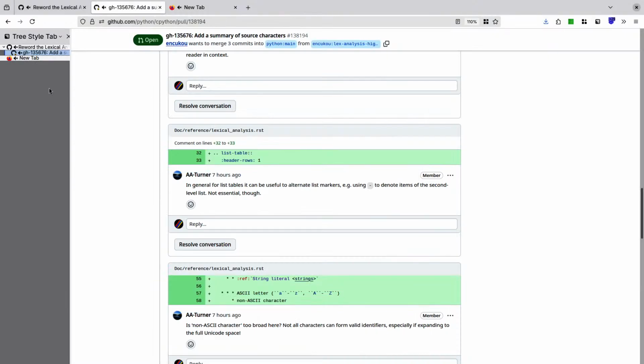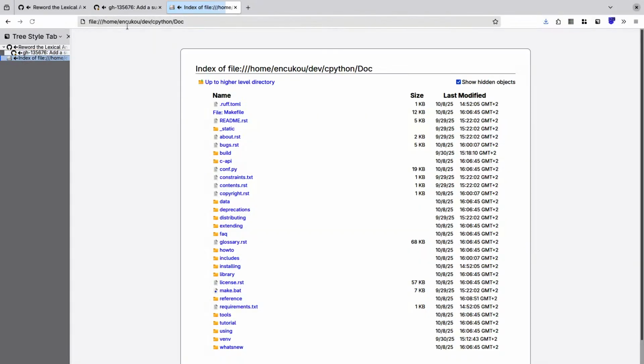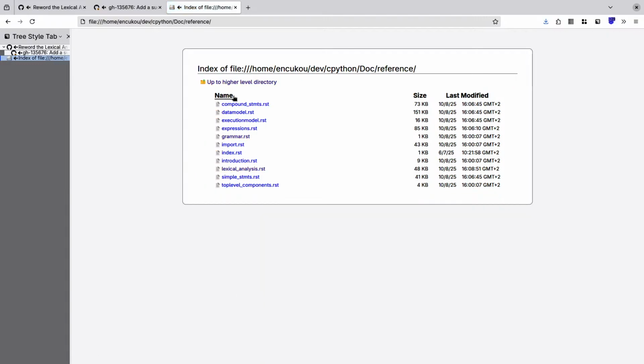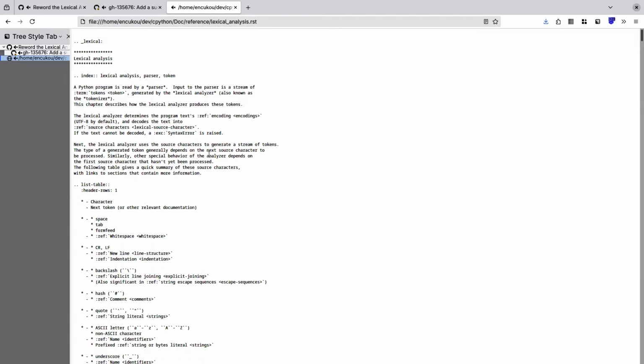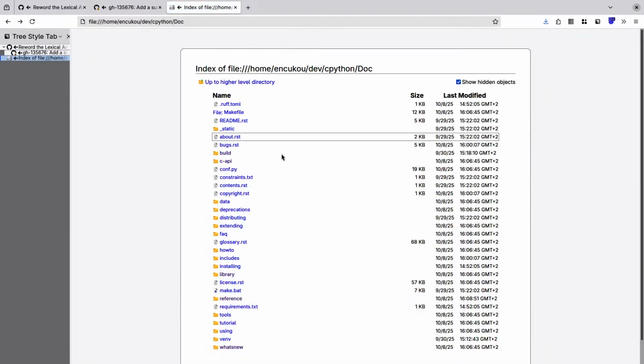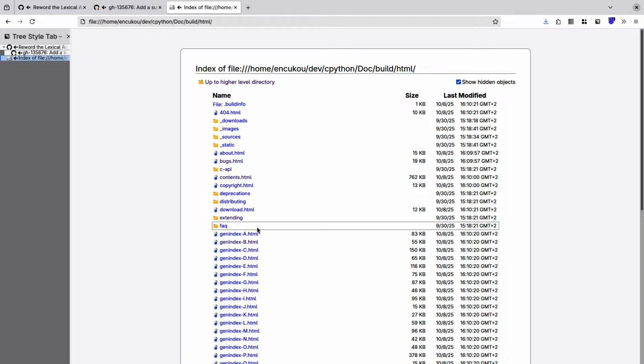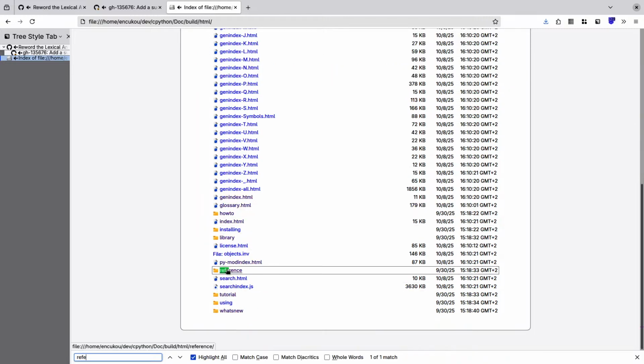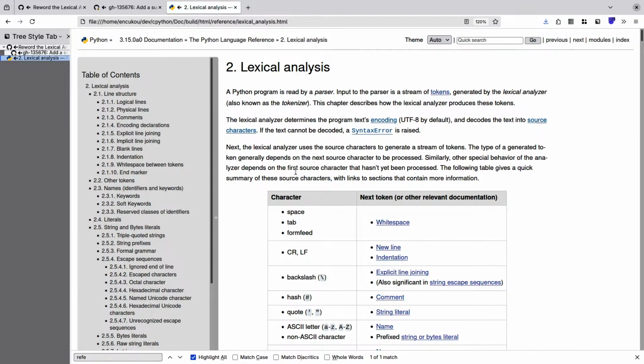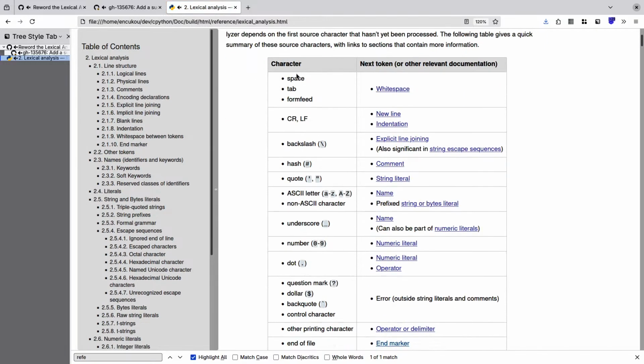Where's my browser here? It should be in reference, lexical analysis. It looks like this. It's stable.